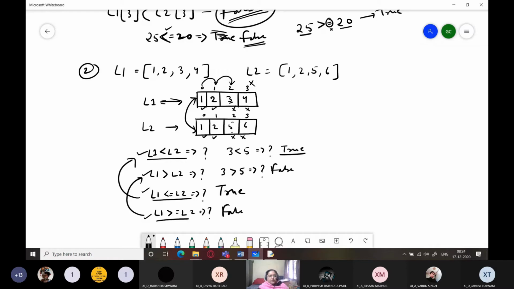So this is how you perform list comparison, and always, these four operations will always be between lists containing identical elements. Got it? So this is what is known as list comparison.